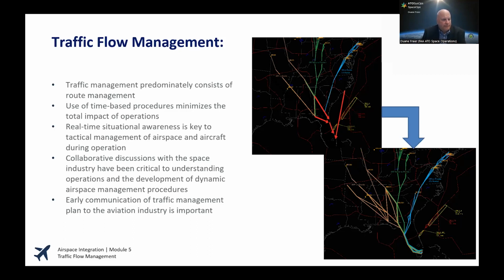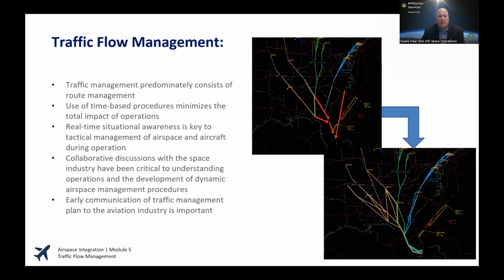So we use time-based procedures. We've had a successful program, time-based launch procedures. We implemented that to actually use the times, the hazard volumes, to tactically manage those flows. So we're only impacting those aircraft that are affected and trying to minimize the impact to other traffic.